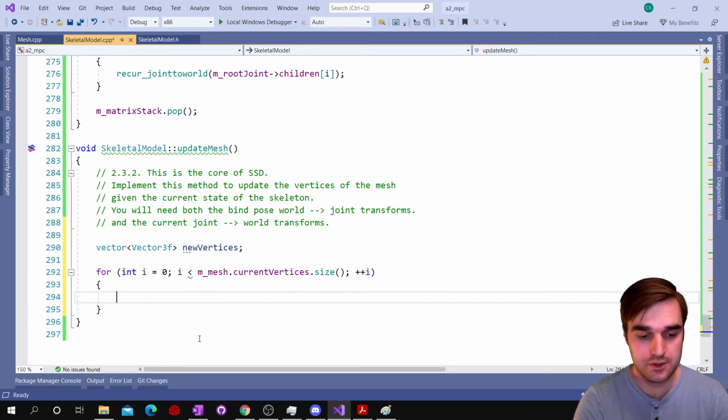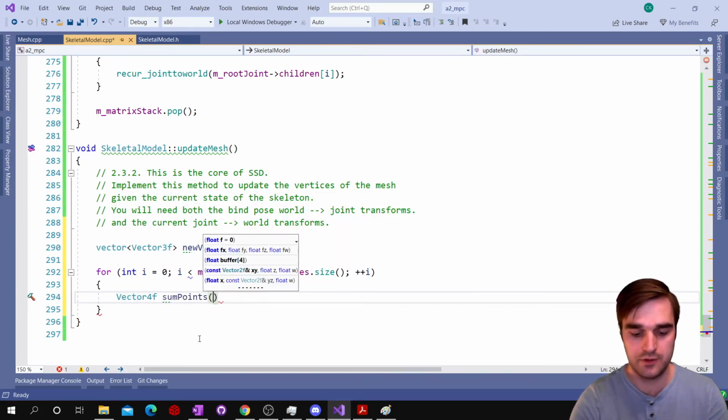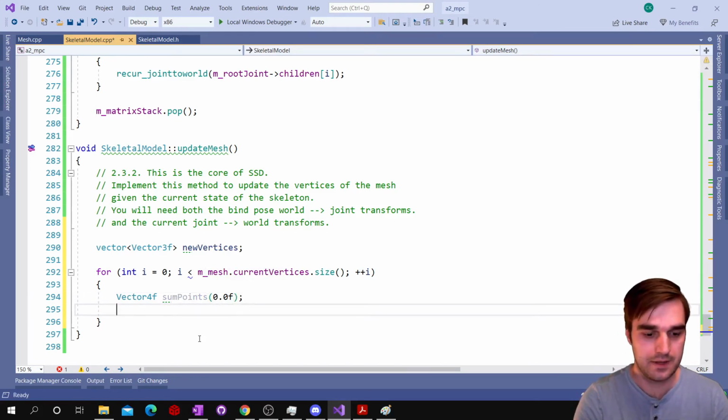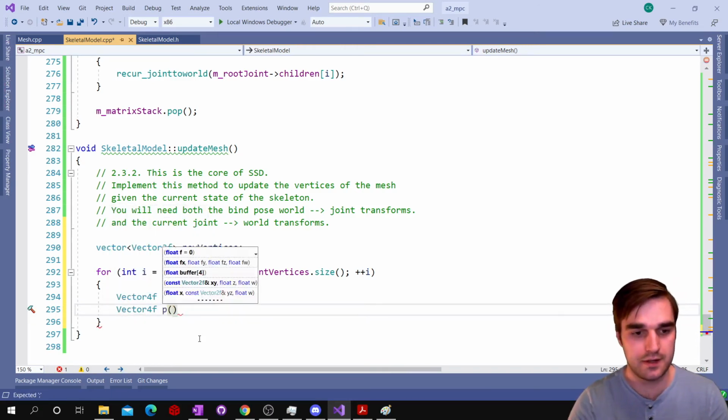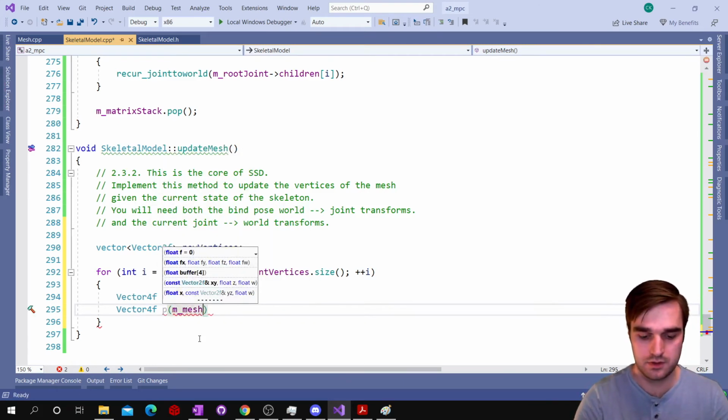And in each instance of the loop, we're going to instantiate a new Vector4f and we'll call this one sumPoints. So the summation of points, this is going to be the accumulator. We're going to initialize this to 0. And then we're going to initialize a Vector4f, call this one p, and this is going to be initialized using mesh.bindVertices at index i,